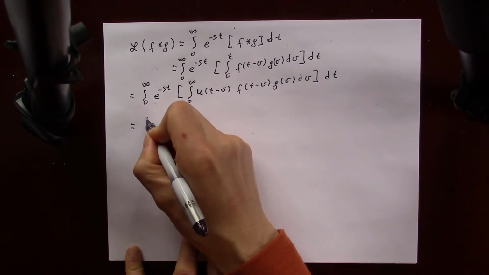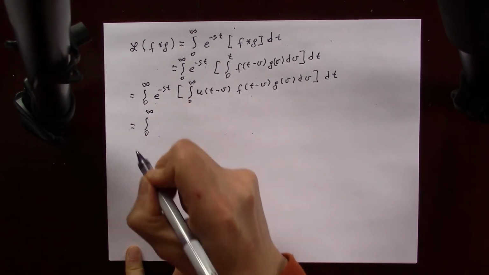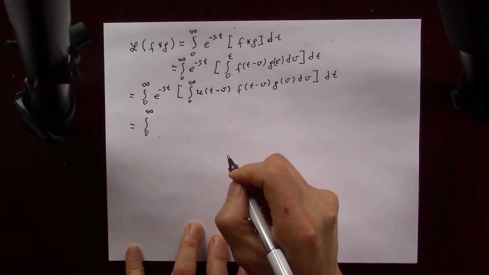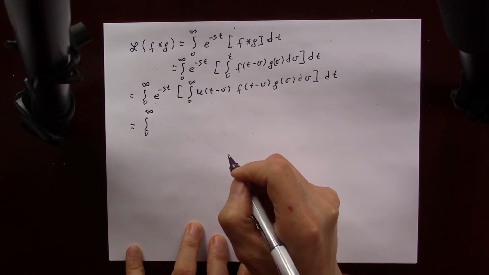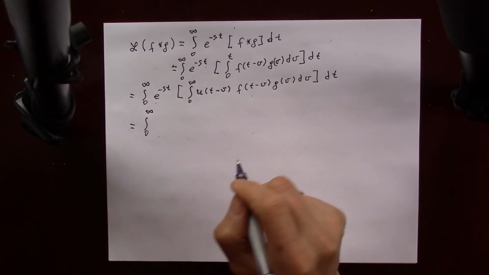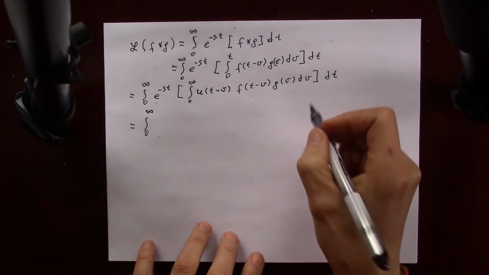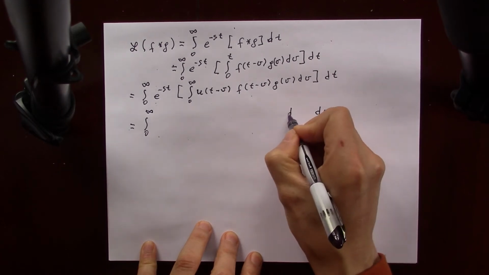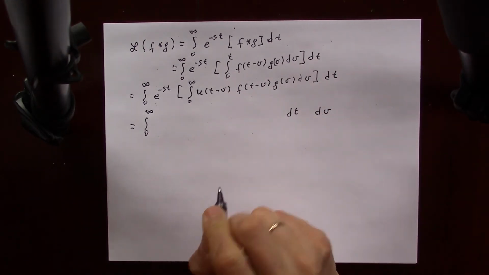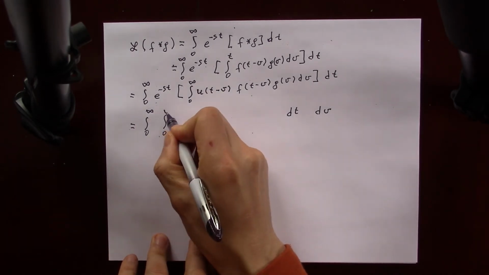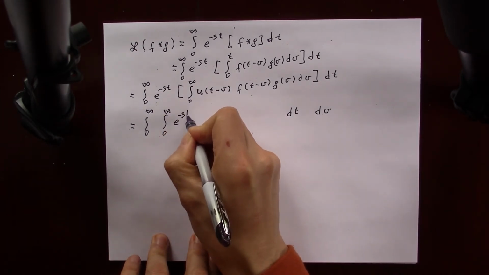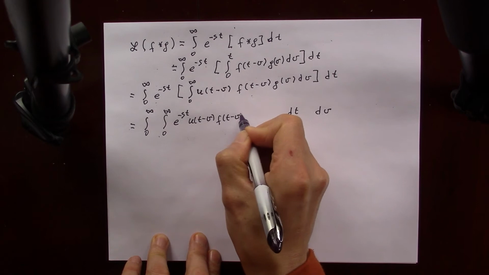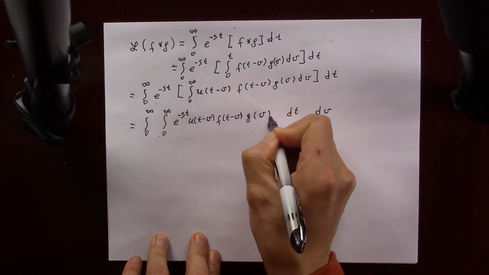That becomes integral 0 to infinity. I'm going to switch order of integration, so we'll write dv on outside and I'll write dt inside. Integral 0 to infinity e to the negative st u of t minus v f of t minus v g of v